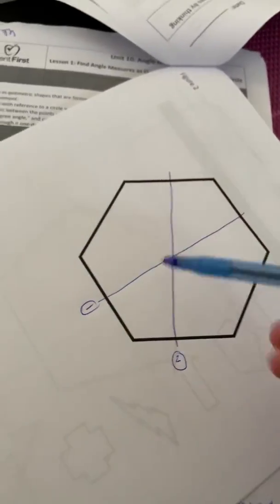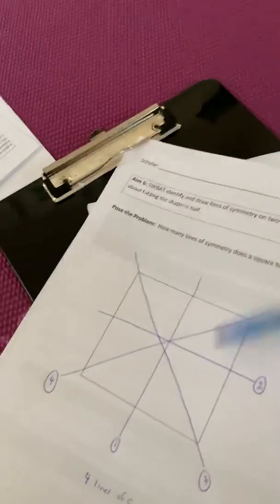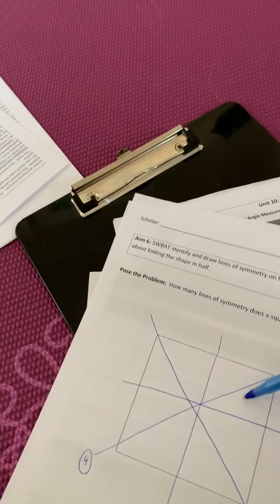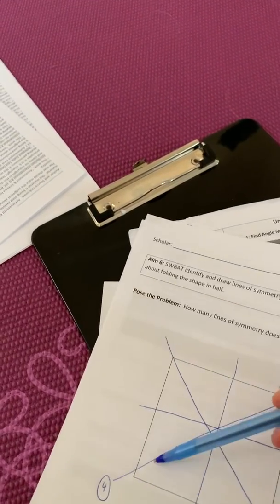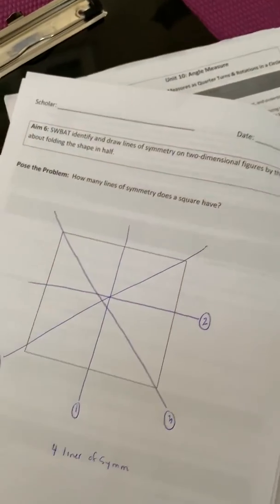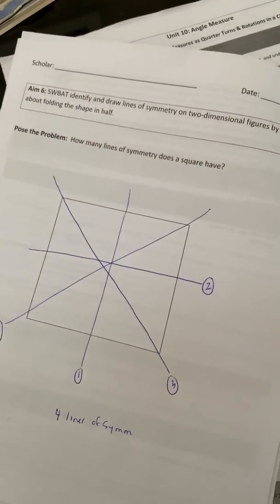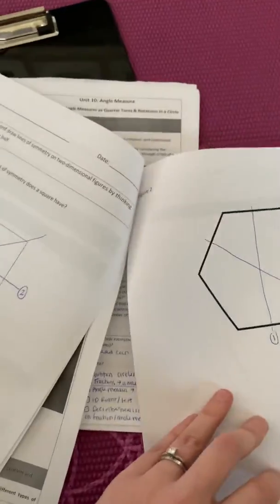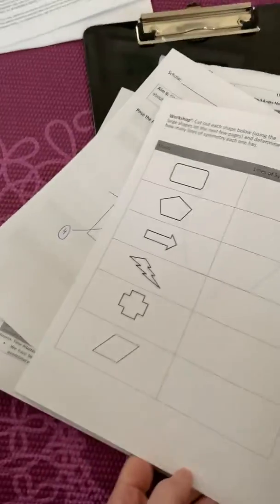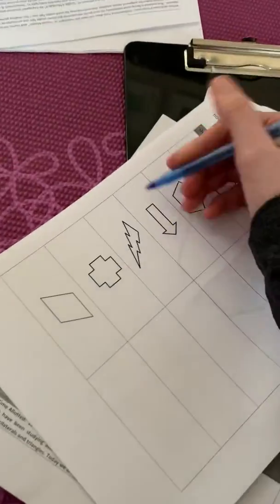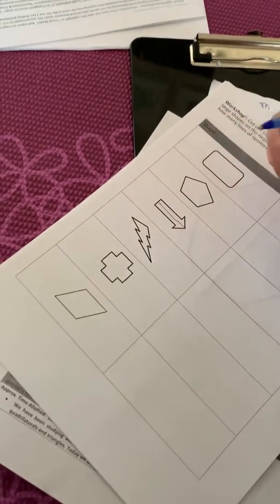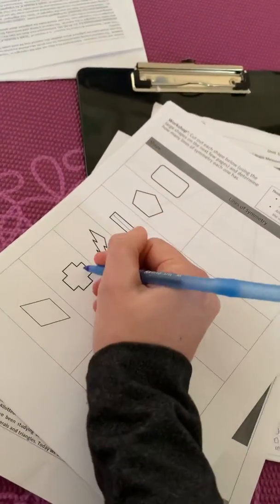Two lines of symmetry. If you don't put these labels on at the end, it's really hard for a kid to count up, because what they're going to end up counting is the pieces, or they'll forget where they started. So 1, 2, 3, 4, but what's the chance they don't count those on? So it's a quick little thing that'll actually help them in the long run. Kids have a hard time identifying multiple lines of symmetry. So being able to see this is easier than being able to see